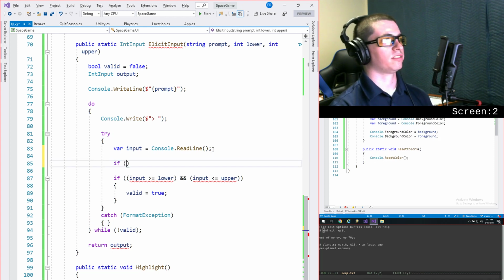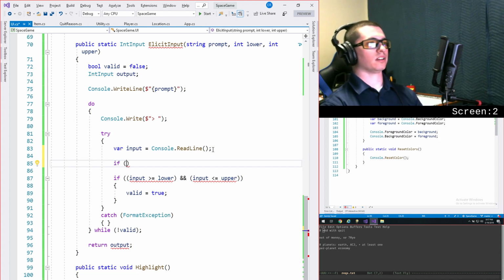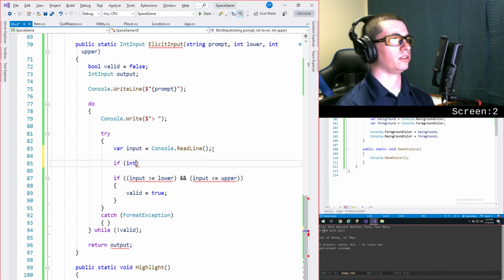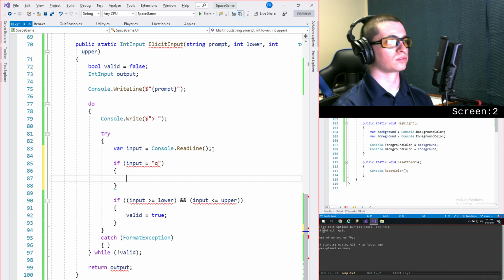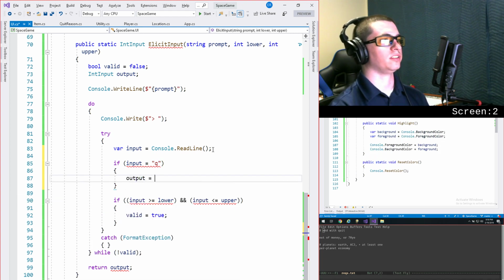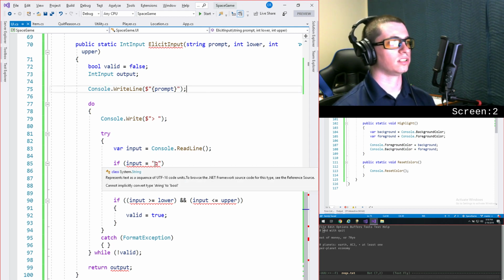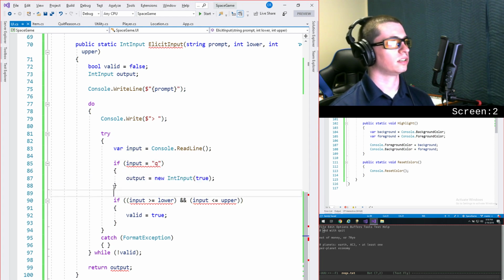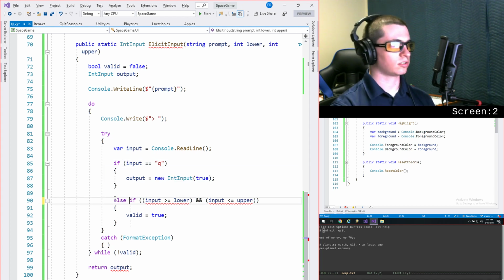And we'll do if input equals q, the letter q, string q, then we will say that output is equal to a new int input with true as its parameter. That should work. It does appear to work. That's good. And we need double equals there. There we go. Else,